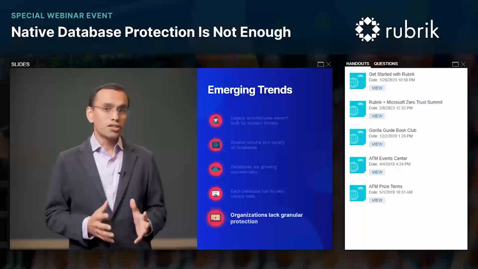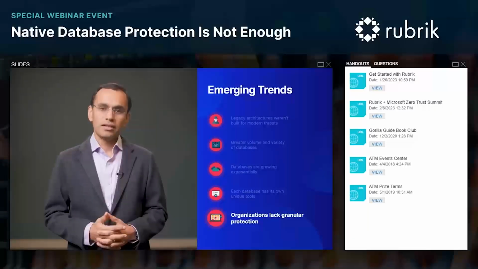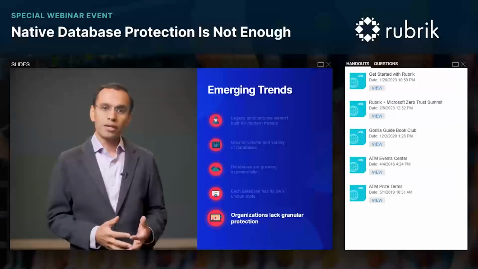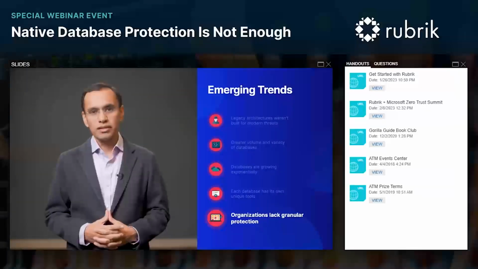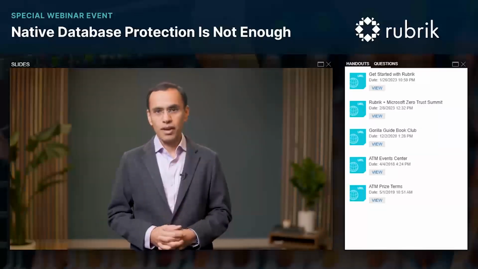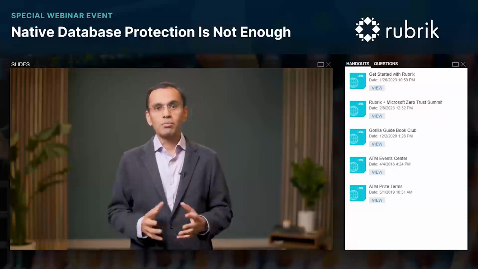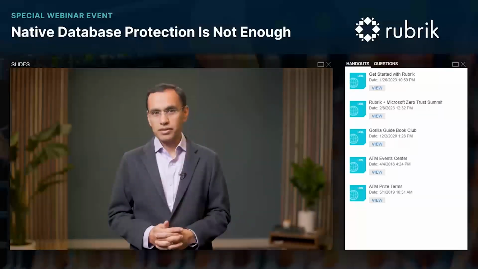Lastly, organizations are unable to rapidly recover what they need when they need it. For example, recovering specific tables or specific sets of rows when needed. Legacy tools are often limited to all or nothing recovery methods that take a lot of time. This adds operational risk and is much slower than desired by the business.